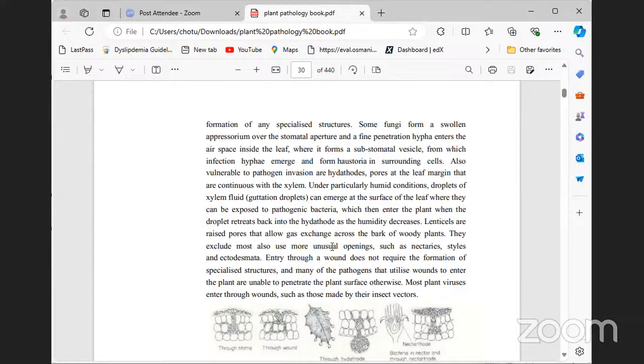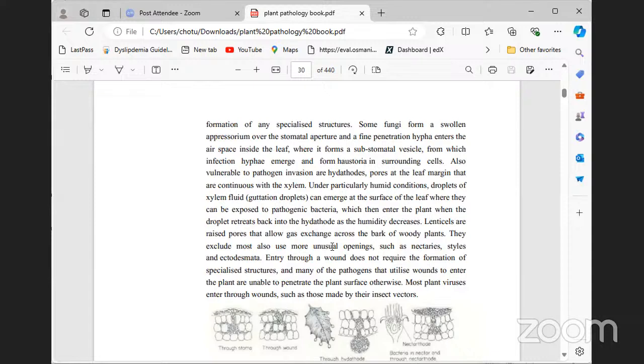Hydatodes are also present. Hydatodes are pores at the leaf margin that are connected with the xylem. Under particularly humid conditions, droplets of xylem fluid, guttation droplets, can emerge at the surface of the leaf, where they can be exposed to pathogenic bacteria, which then enter the plant when the droplets are